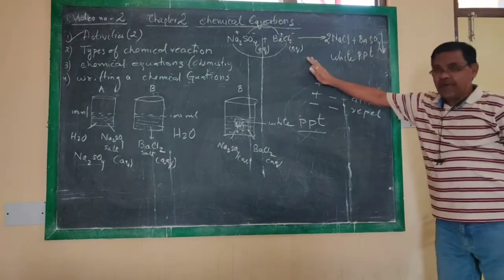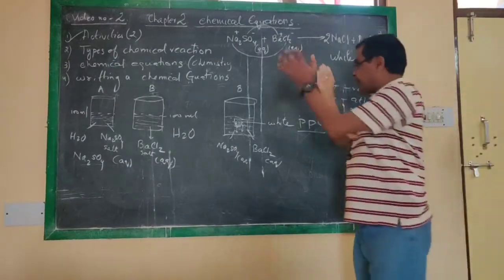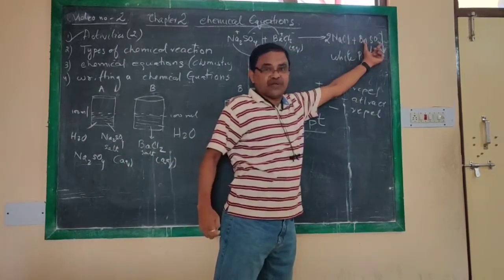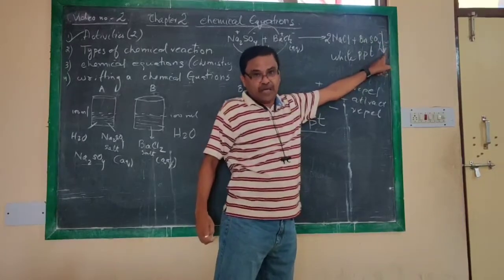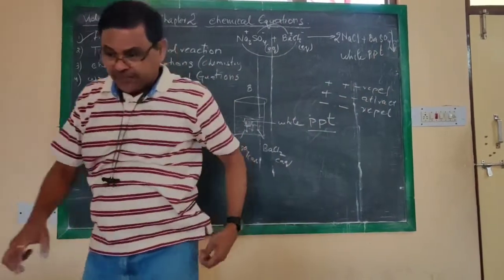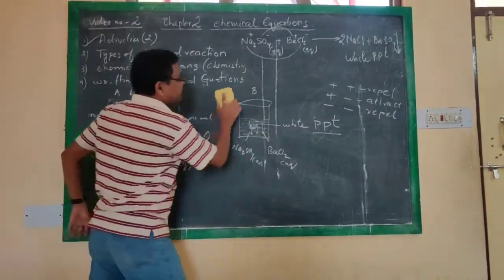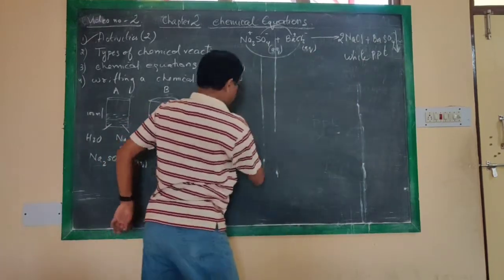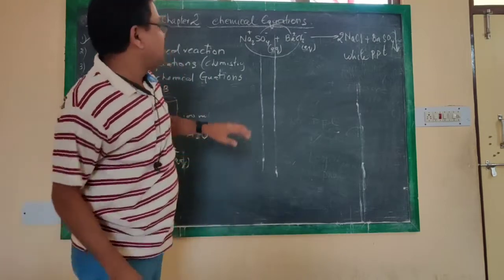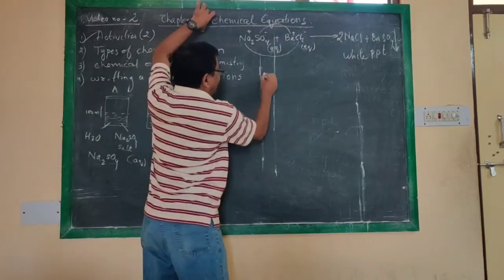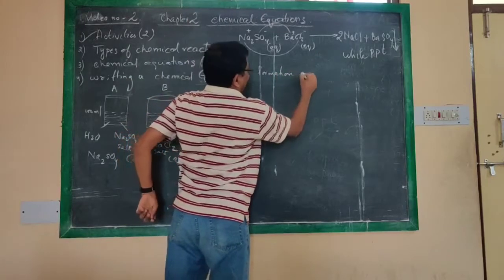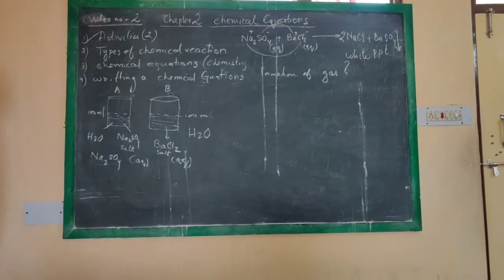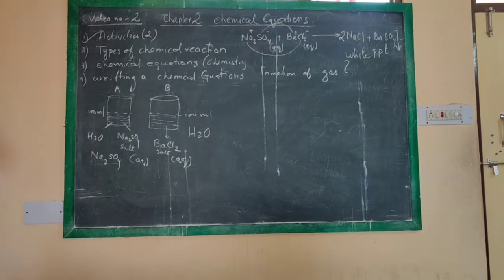So this was activity number 2, where two aqueous solutions mixed together and we get a white precipitate in the form of barium sulfate, which is marked with a downward arrow. I hope you have understood this activity. It's very simple and very clear. Now we have the next activity, that is formation of a gas. I am not disclosing what that gas is now. We are going to discuss how the gas is formed.